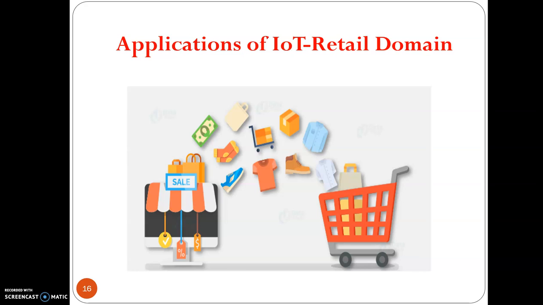Google Retail Home, or Google Shop, is one of the best examples of this IoT application in the retail domain. In this particular shop, the person can walk in, take the product and simply walk out. There is no queue for doing the payment, because the moment I enter, I have my identity. With my identity, my bank connectivity is there, and if I purchase any product, that amount is automatically deducted from my bank directly. So I may have a smart payment system. I may have a smart vending machine also.